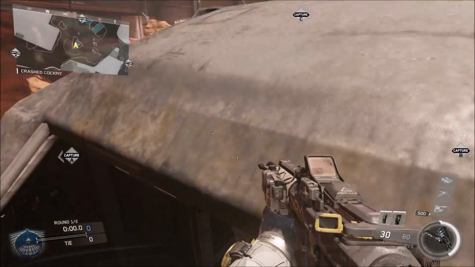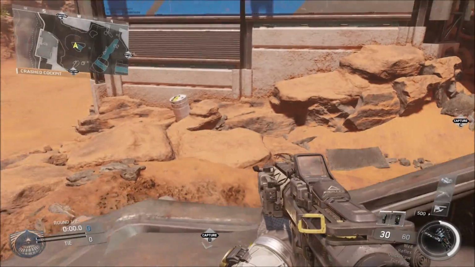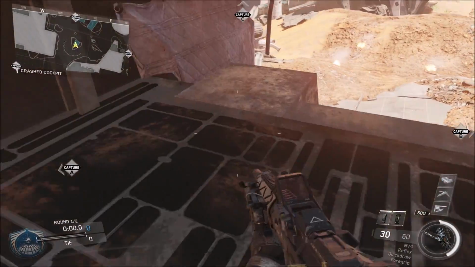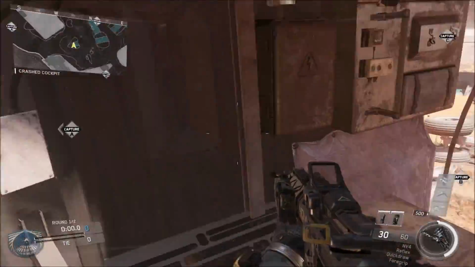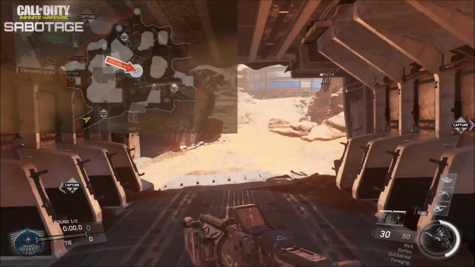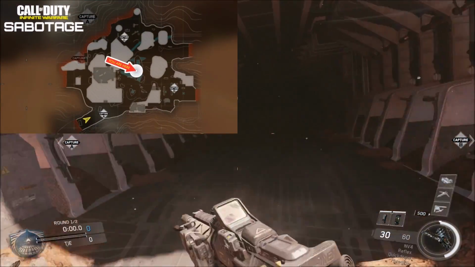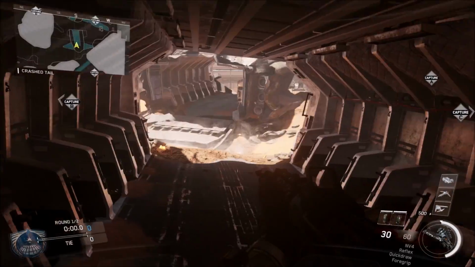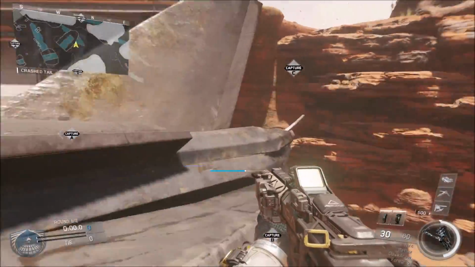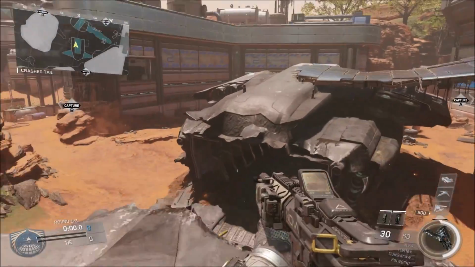Now, when you come to the ship, crouching doesn't seem to put you through the cockpit. Prone, yep, if you stay prone, you can get yourself through, but it takes a bit of time. Then you've obviously got that window there, which is overlooking the second part of the ship, and then the third part, there's nothing here, but you might find the odd person camping in the shadows in there. And then when you come up here onto the ship,